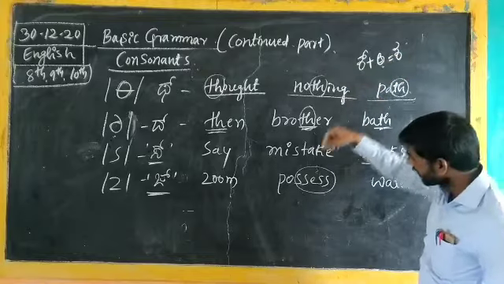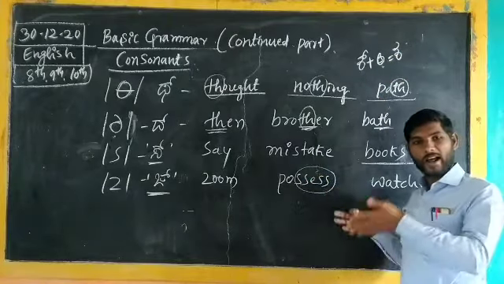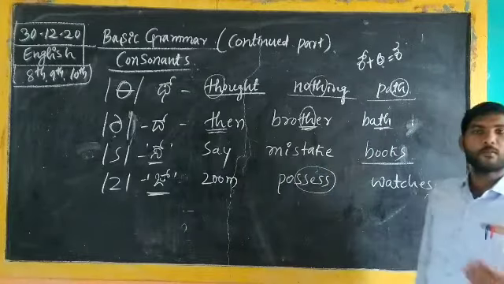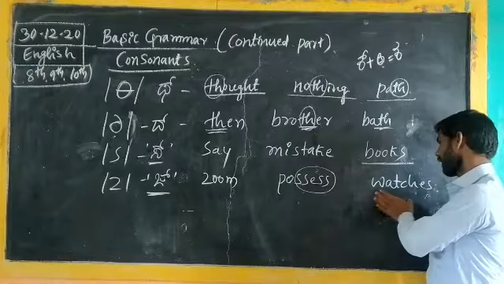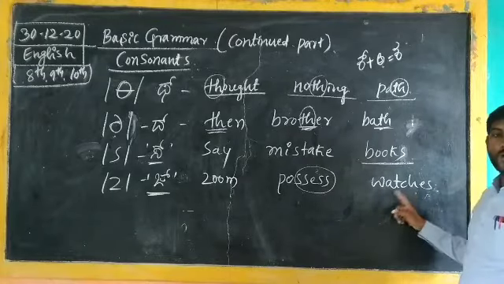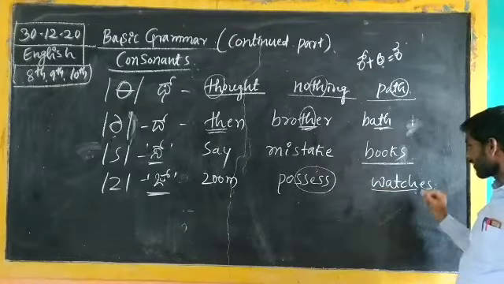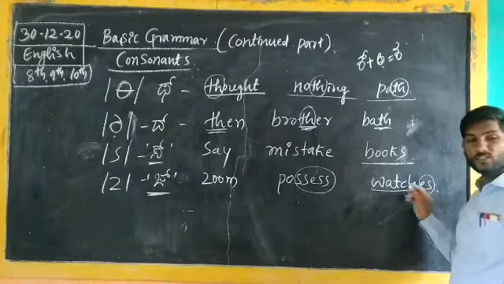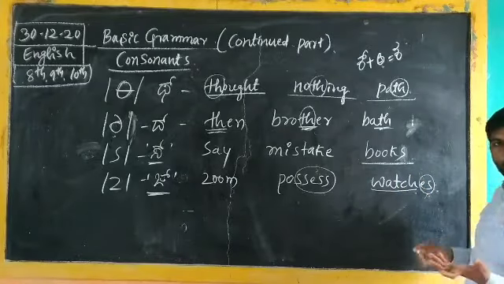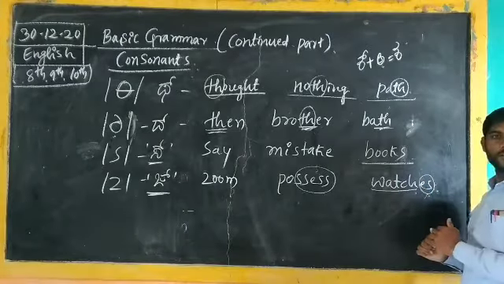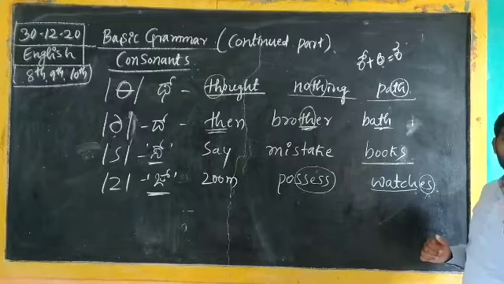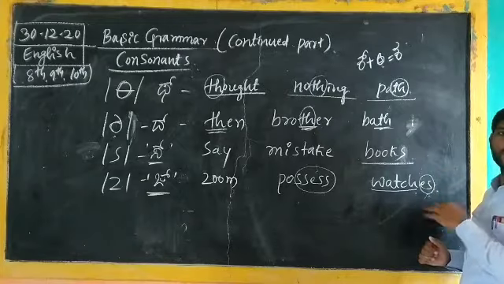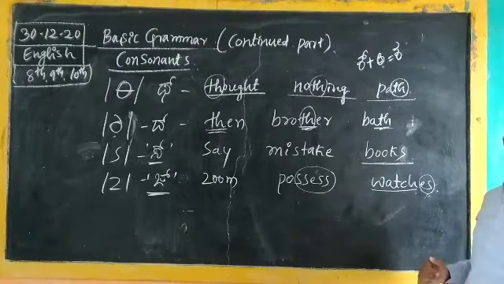In the same manner here also, two letters hide a pronunciation beginning with Z. That's why possess, possess. Watch, watches. Why? Because watch is a singular sense. But when we add the es to the singular form, at that moment it gives us watches, not "wases". The clear pronunciation is watches. That is not "watchs", it is watches. Like that we have to pronounce.